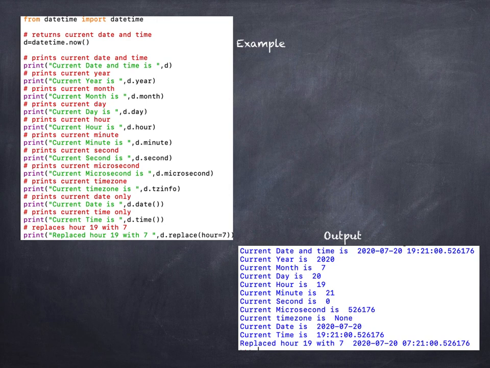Here I have replaced the hour. The current time's hour is 19, which I am going to replace with 7. As you can see, the first line of the output has the hour as 19, whereas in the last line the hour is changed to 7.